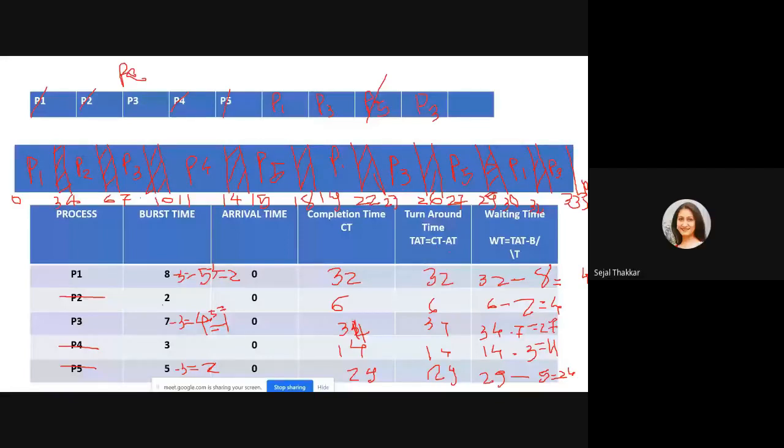Okay, now you have to take the summation of all the turnaround times and divide by 5, so you can get the average turnaround time. You have to take the summation of all the waiting times and divide by 5, so you will get the average waiting time, right? So you can calculate the example like this. Now the next thing is